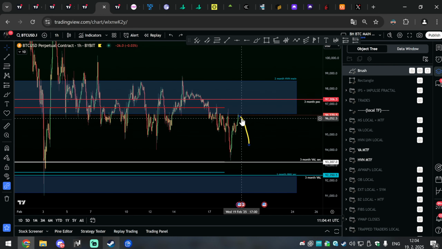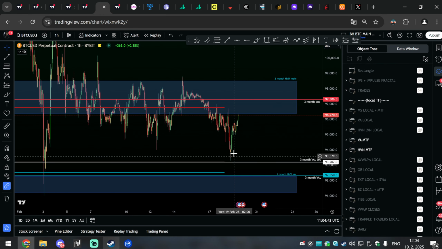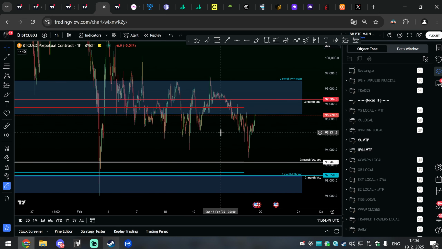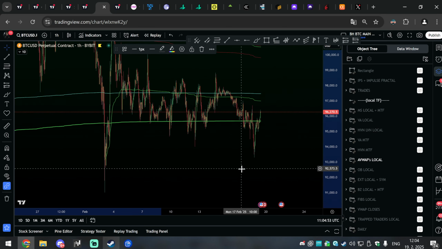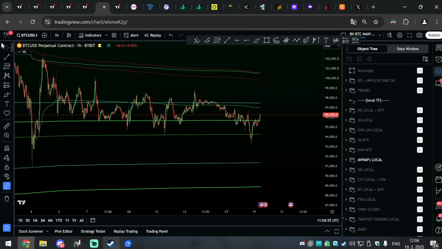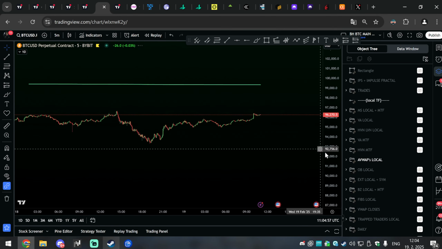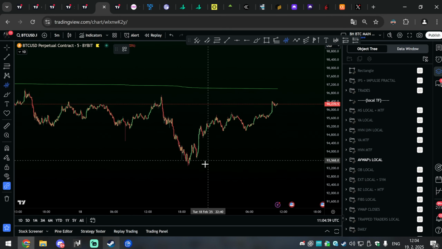Ideally, you don't do any pullback like that and you leave, because some people miss this, you will leave people behind and you will continue with V-shaped recovery. That's the ideal scenario, and that's like creating maximum pain on the market. That would be great. Anchor VWAPs, what you need to do is also watch the local anchor VWAP from here.